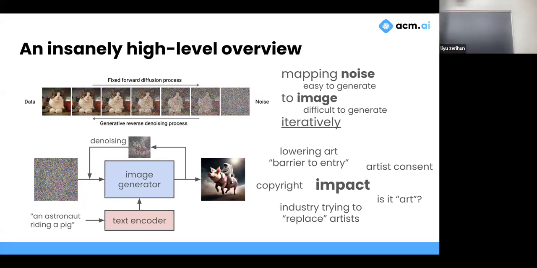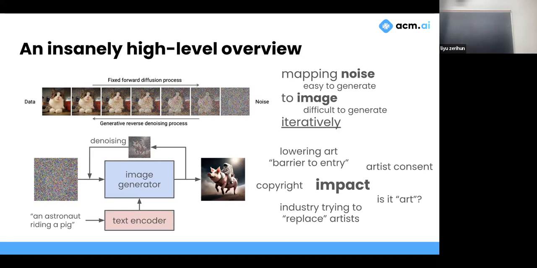Specifically, the way it does this is you put in some randomly generated noise, and it's very easy for us to generate noise, right? Gaussian noise, stuff like that. You put it into the model, and what the model does is it takes in that image and denoises that image just by a little bit. So we get a slightly less noisy image. You put it back in again. It denoises it slightly more. You put it in again, slightly more. And you repeat this iteratively until you get out a clean looking image.